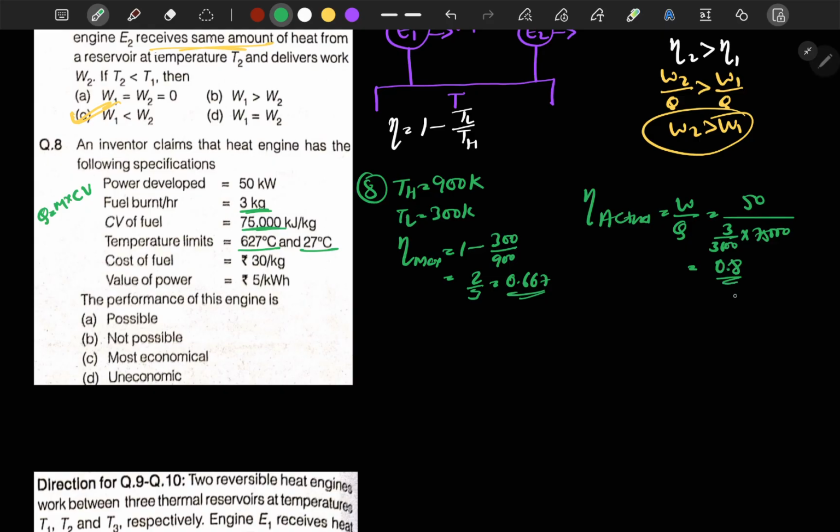So from here we can see that the actual efficiency which we receive in the cycle is greater than that of the maximum possible efficiency, which generally happens in case of a reversible engine. So from here we can say that this device is not possible. Okay,